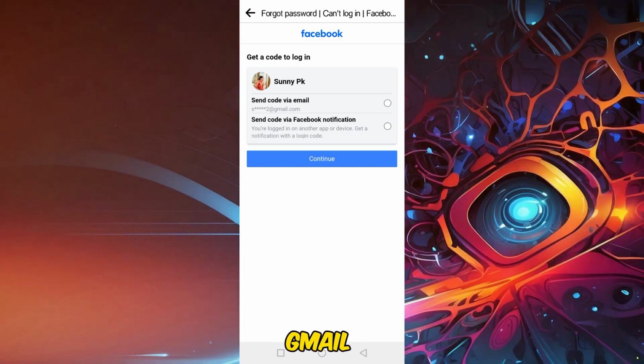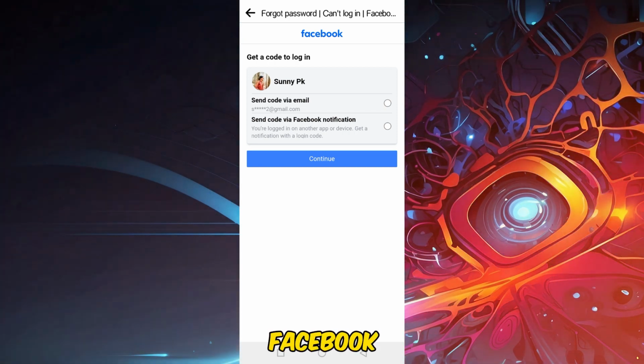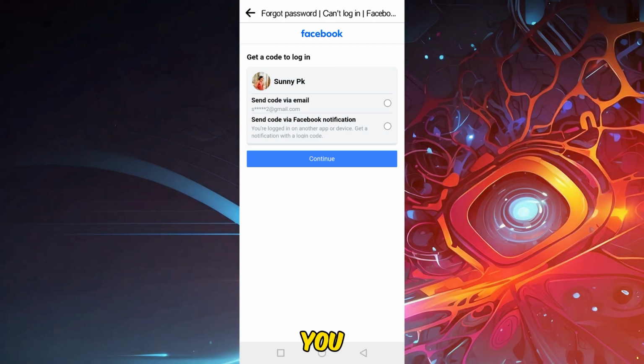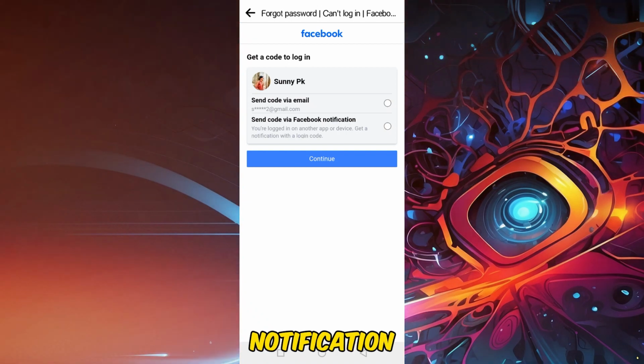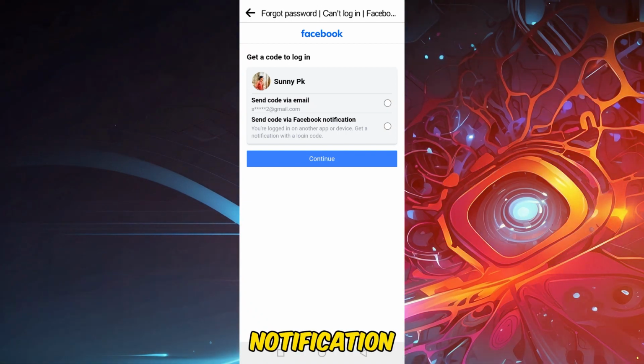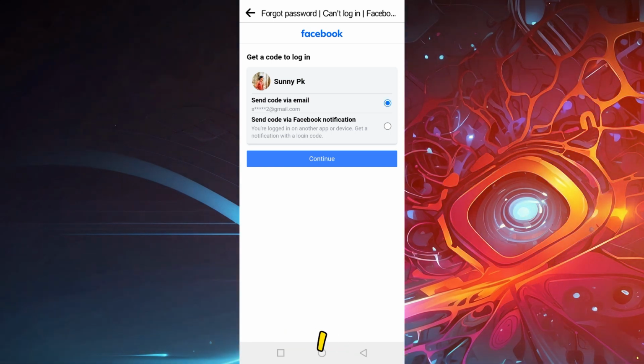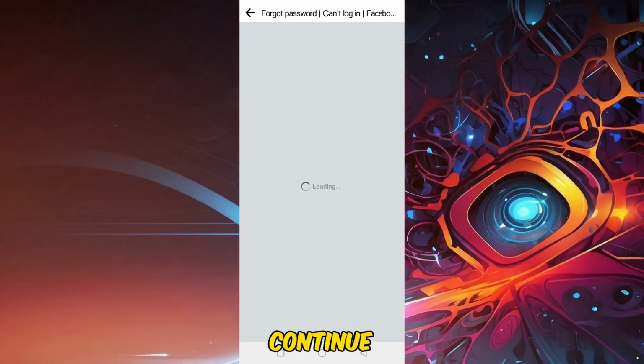You can choose the Gmail option, and here Facebook will send you a reset email link to your email, and if you choose send a code via Facebook notification, then Facebook will send you a notification. I'll choose my first option where I receive an email, so I press on it and press Continue,